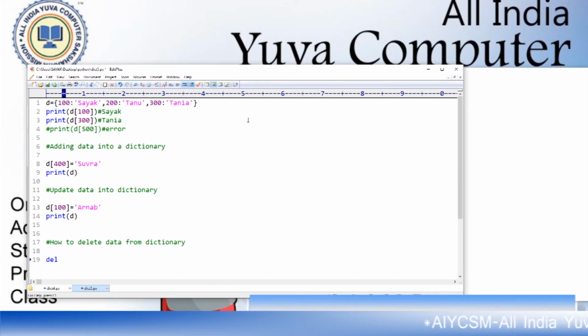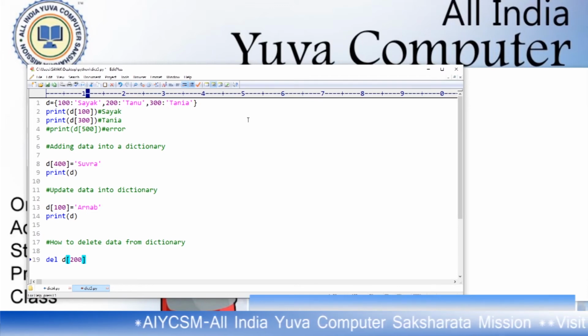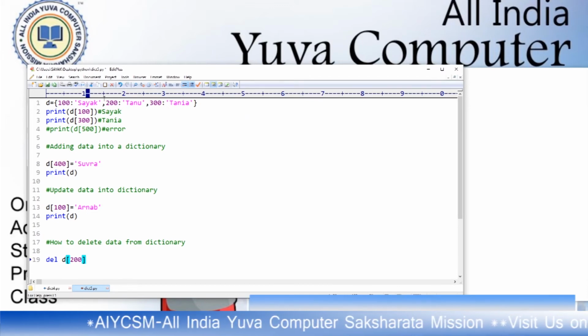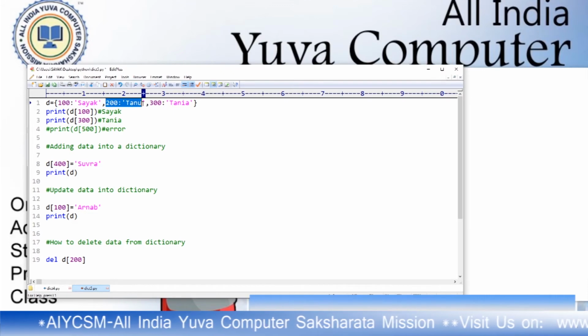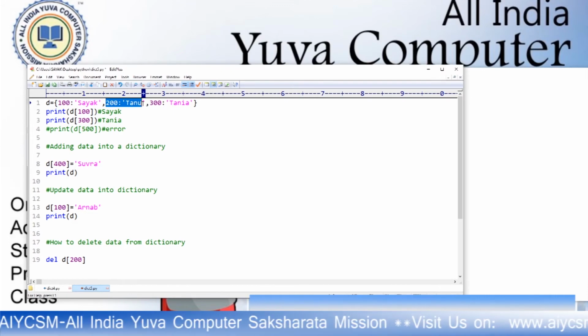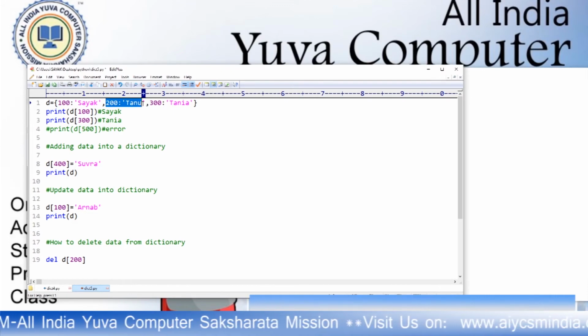We declared that del D of 200. With the help of this key, the value of 200, that record, the item will be deleted. The whole item will be deleted because there is a 200 value.